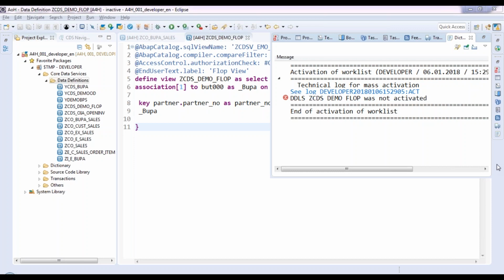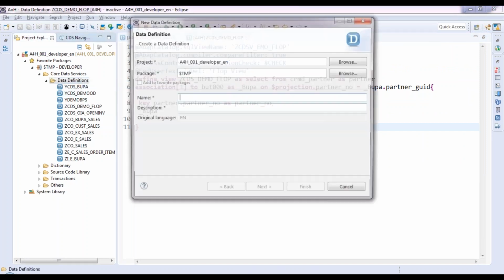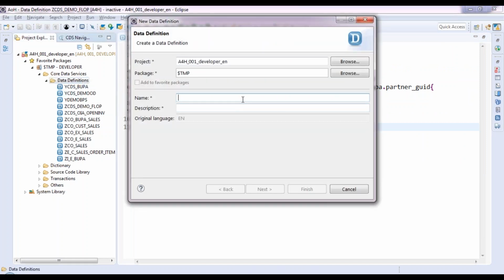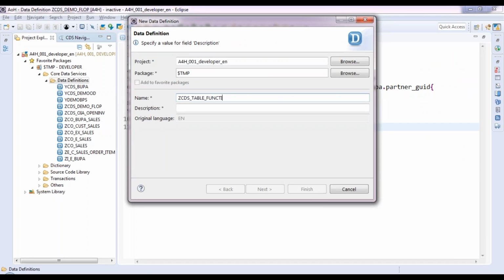Okay. Now, with NetWeaver 7.5, there is a feature called calling an ABAP managed database procedure from a CDS view, AMDP. It's called a CDS table function. NetWeaver 7.5 does this for you. So let's create a table function called an AMDP, which can then do this join and return me the data. I will be a little fast. Let me create a new CDS view. So I say ZCDS table function,